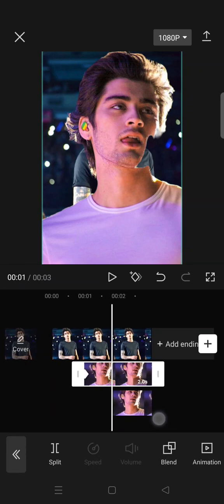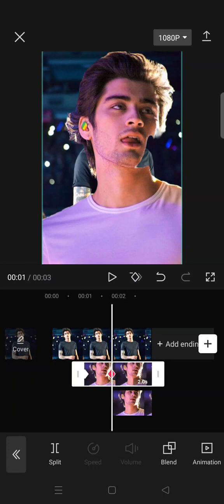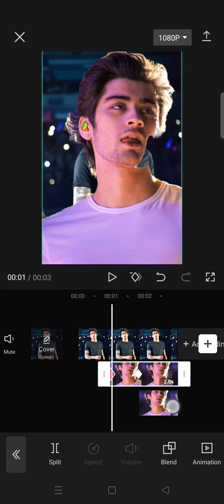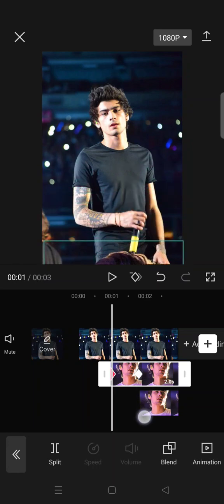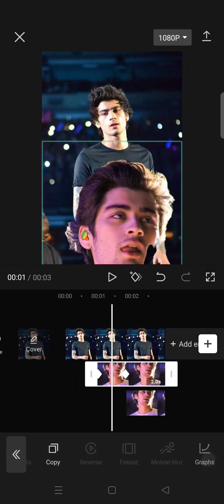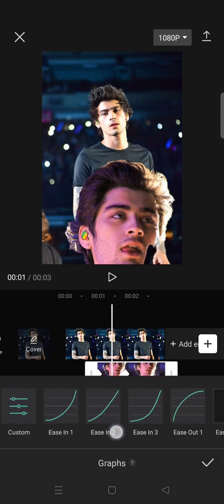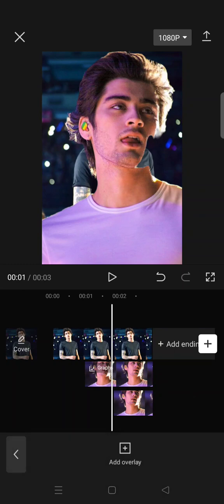another one aligned with the start or the beginning of the second overlay, so in here. And then at the first keyframe drag the overlay down until you can't see it. Okay, and after that go to graphs, then select the ease out one, click on a check icon, and then after that